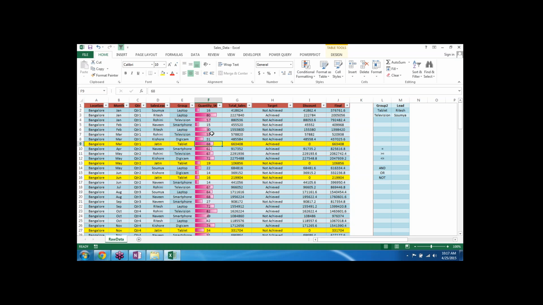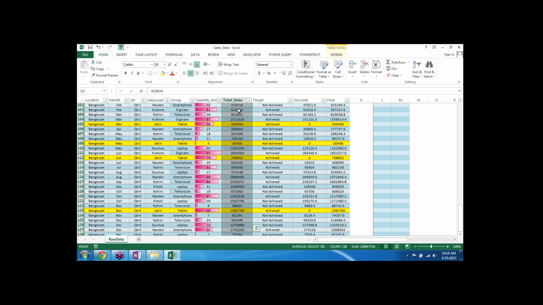Apart from highlighting figures or data, you can also make a sort of charts or graphs within the data. So that is obviously possible. And also we have something called icon sets.